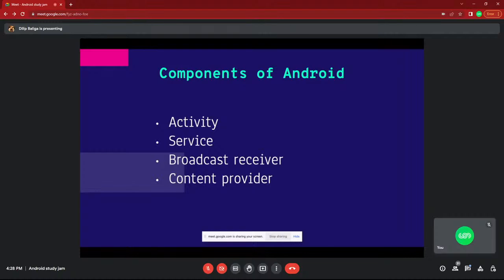I can also write my own content provider using a database. We have things like Room or Realm DB. I can create my own DB structure and share my data with other applications. That means I am sharing my content with other applications, content is being provided. Those are the four components of Android, and we always work with those four components.